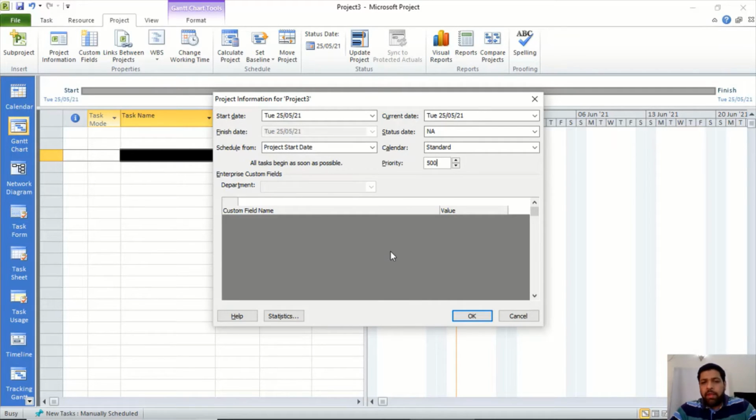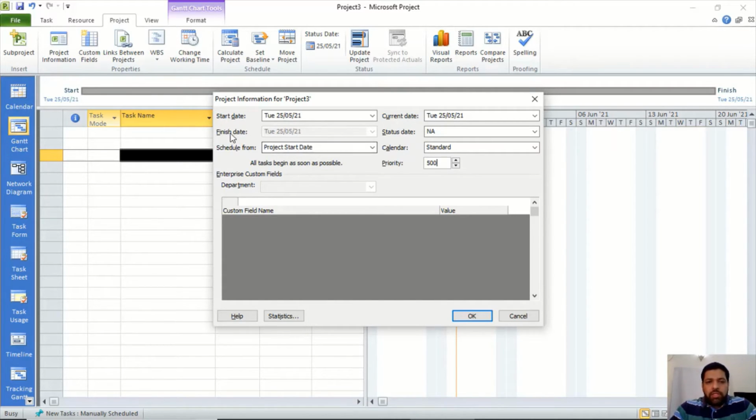For example, there is no such field as addresses in Microsoft Project, and if you want to store addresses of a particular task or a particular area in a project, you create a custom field and then that custom field will come here. Since we have no custom field, we are only creating a project, so this area is empty.